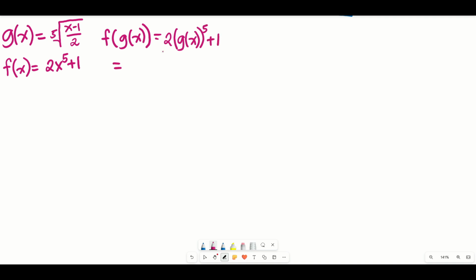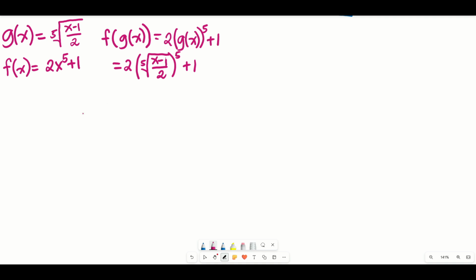And then I'll substitute g of x. So 2 times g of x is the fifth root of x minus 1 over 2 raised to 5 plus 1. And then use PEMDAS